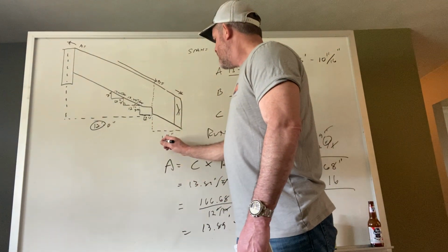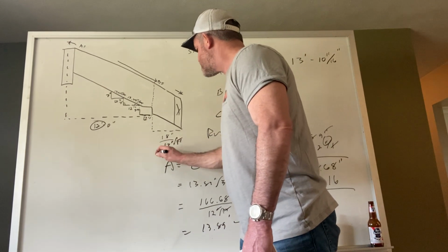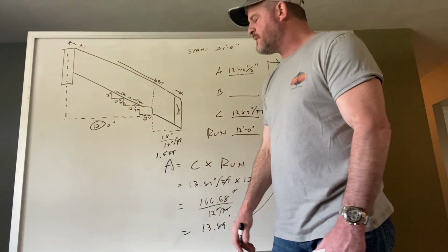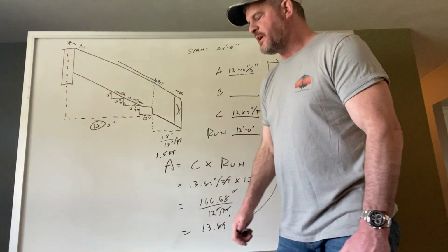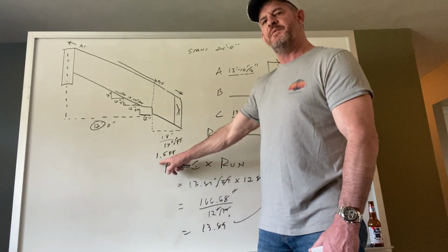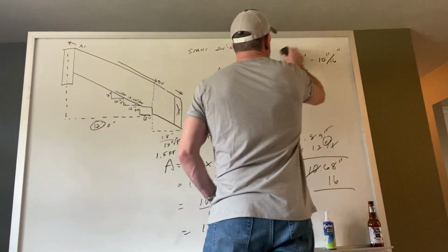So I'm going to divide that by 12 inches per foot. Don't need a calculator for that because that's 1.5 feet, or 1 foot 6 inches. Hopefully everybody sees that. So how many triangles do I have? I have 1.5 of them. Okay, all right. So our formula for my B